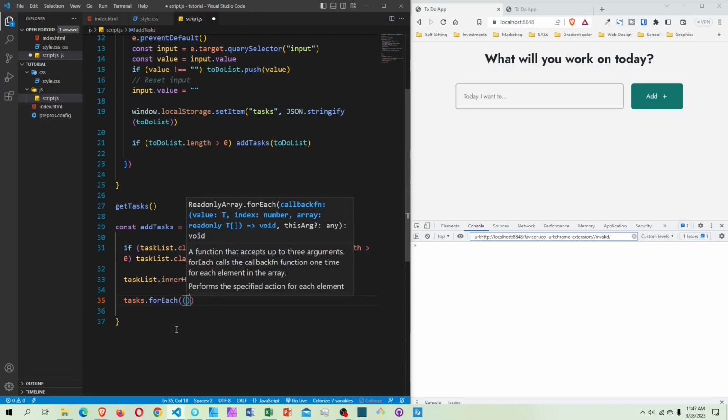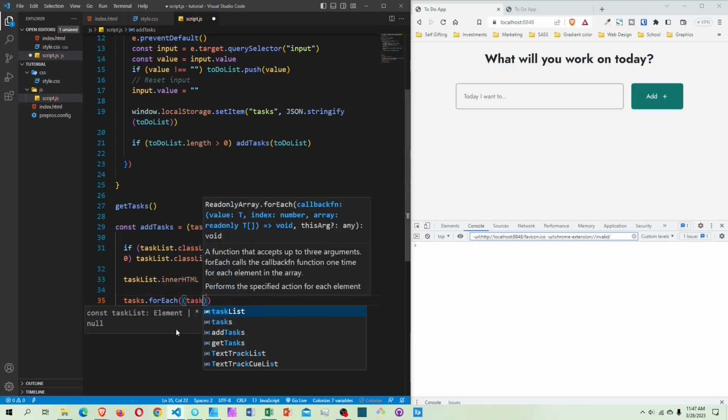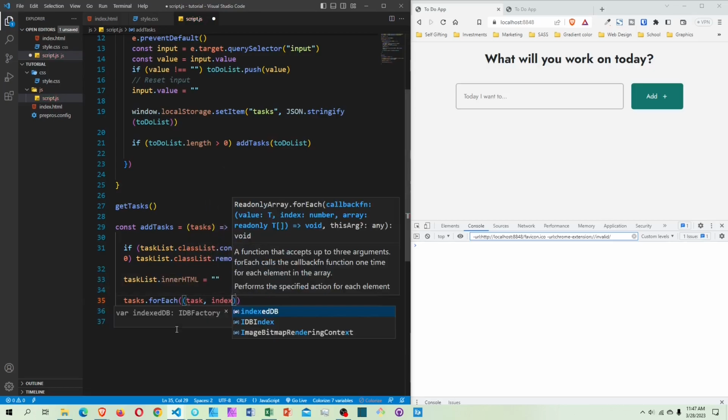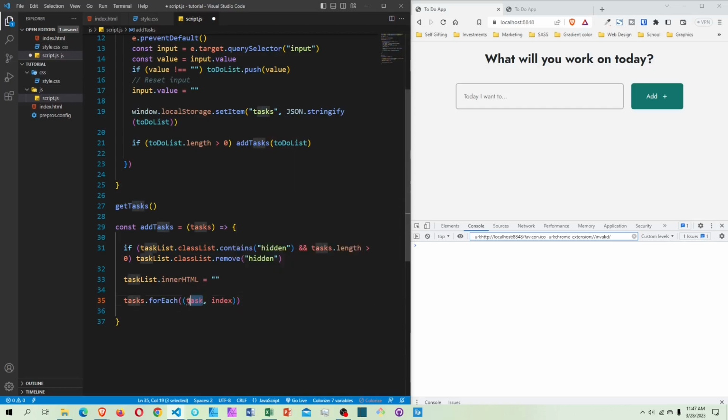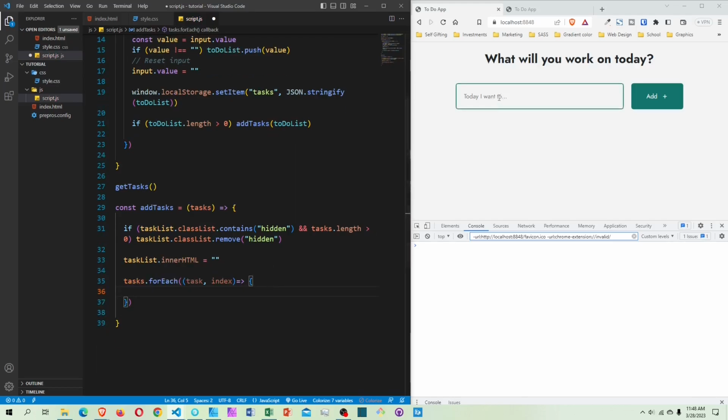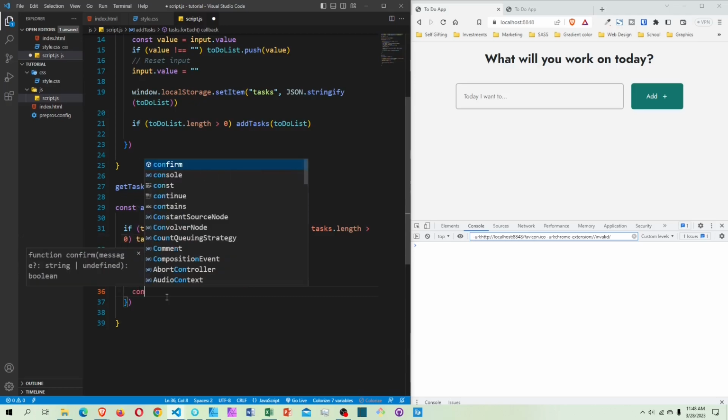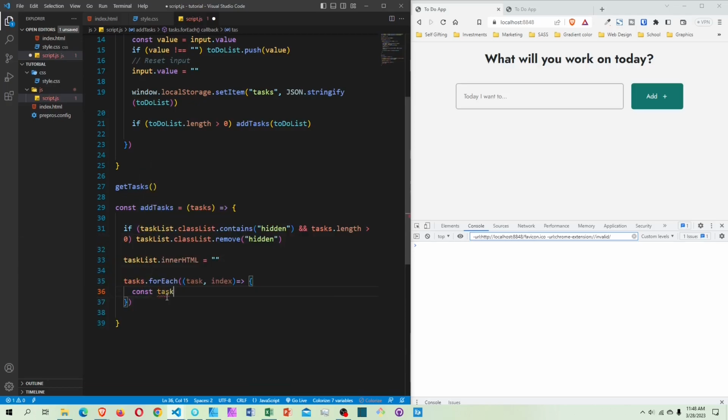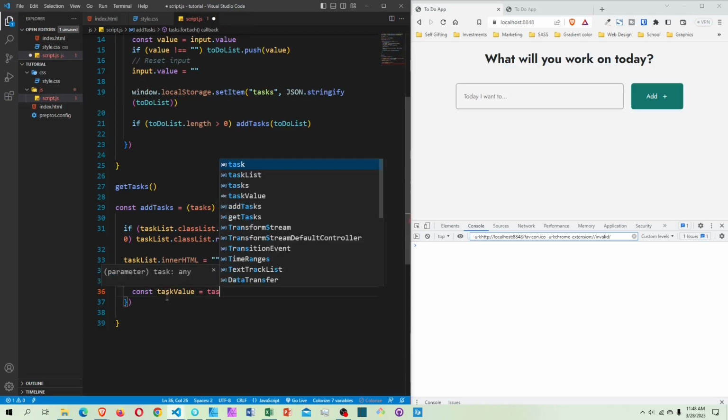I'm gonna pass in tags and then the index. So this first one represents the current element we're going through. This index represents the position of the element. Now I'm gonna grab the value. Every time we go through, we're gonna grab the value. So I'm gonna say const tagsValue will be equal to tags, the one we're going through at